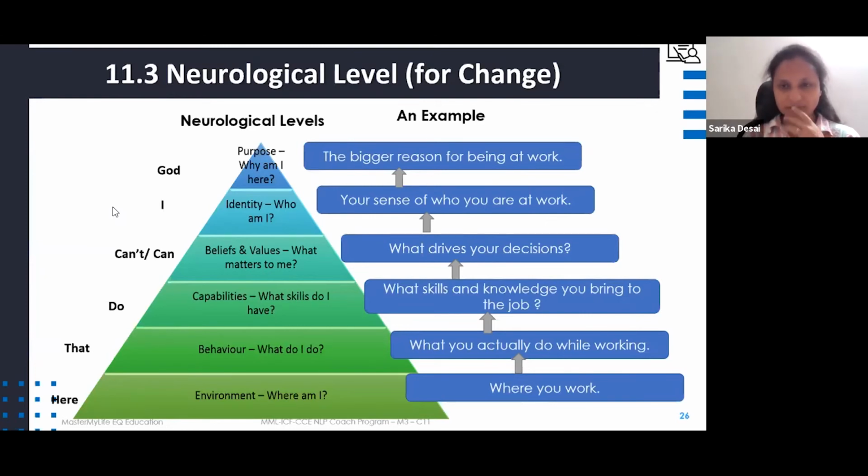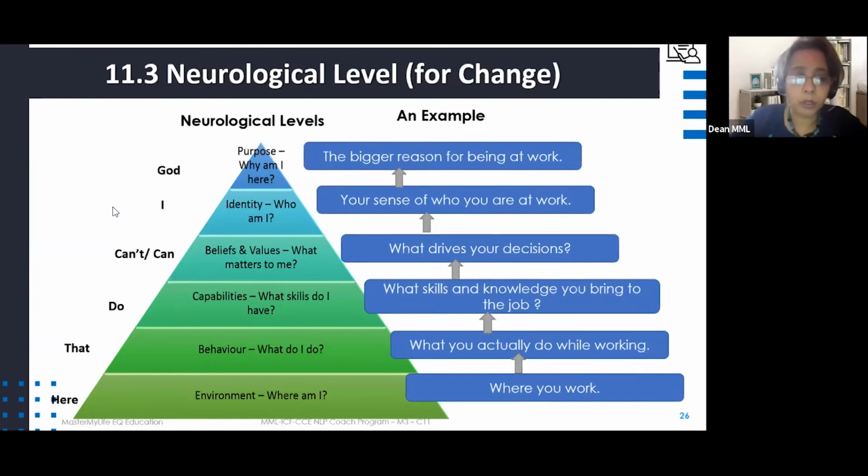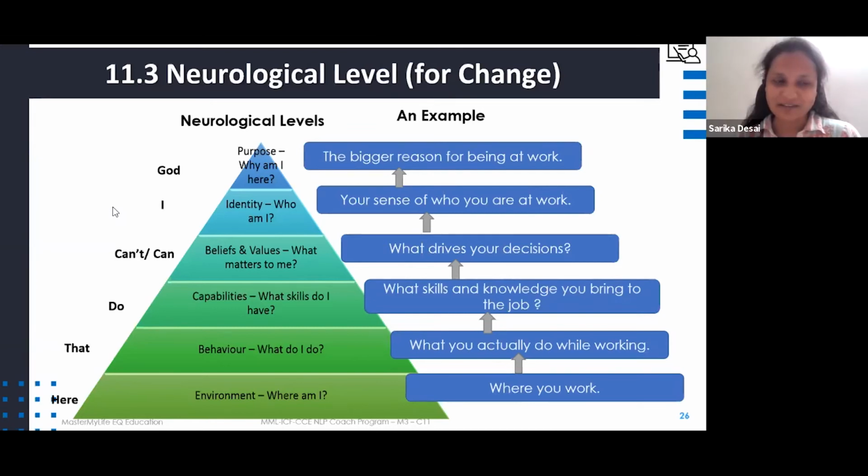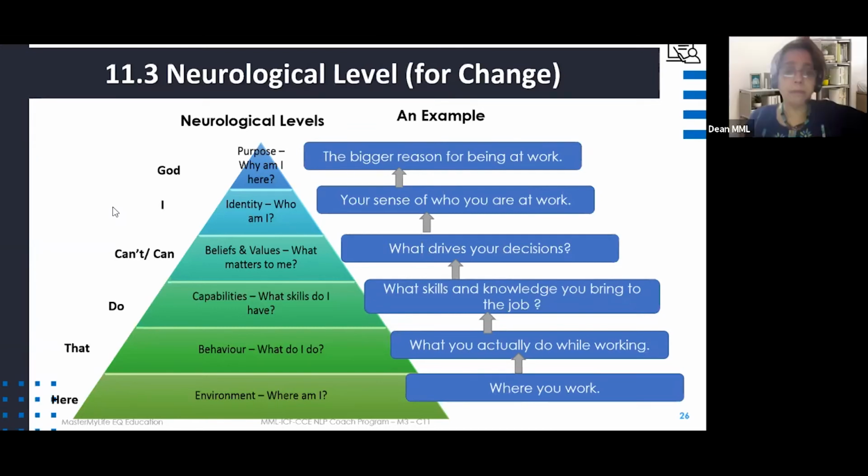So, a couple of thoughts of how you may want to proceed. And I would really like both of you to continue this conversation offline. It would be a couple of nice things, Sarika. So you have got the purpose. And if you see at the purpose level, Dr. Jeet has gone into the institution and the purpose of the institution, right? He moved from himself, but really went into the institution and the role, and you also brought in, okay, is this related to some value of yours?